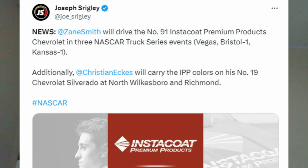It was announced on Friday that Zay Smith will drive the 91 truck for McAnally Hilgeman Racing for 4 races in 2024. He'll drive at Las Vegas in a couple weeks, then he'll race at Bristol, then at Texas, and then at Kansas Speedway. Zay Smith, of course, is the 2024 NASCAR Craftsman Truck Series champion, and